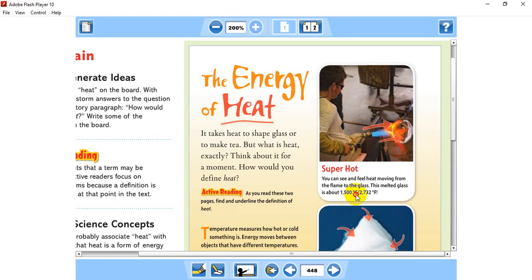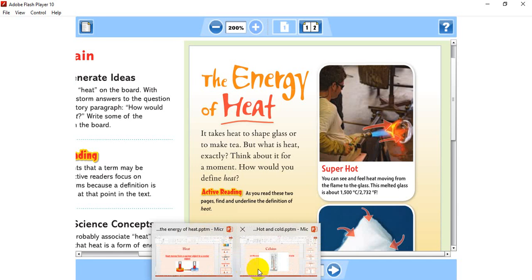1500 Celsius degrees or 2732 Fahrenheit. Guys, to understand, I think all of you remember the Celsius scale and the Fahrenheit scale. Okay, guys? So, to remember that,